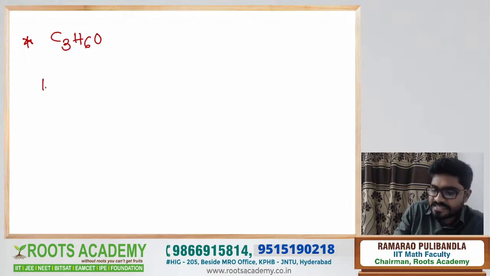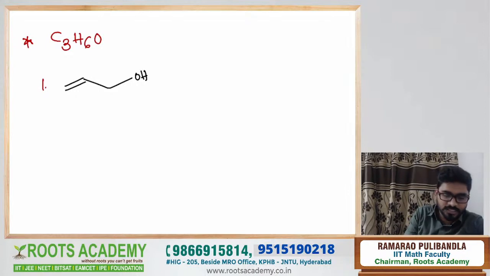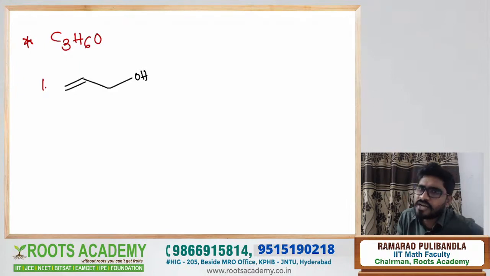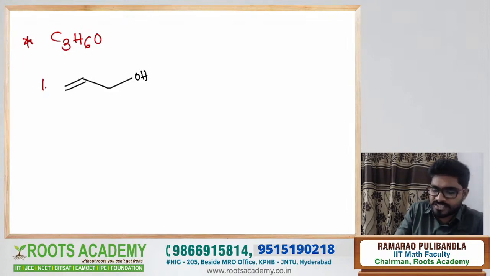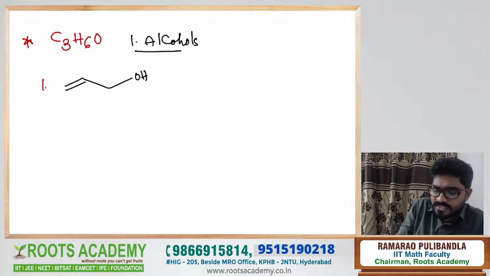First one, I can take like this, no? So I'm writing this kind of structure, guys. Please be aware of that. So first, O is there, no? Remember, this is the simple thing: one oxygen atom is always there. If the degree of unsaturation is 1 and one oxygen atom is there, it means we can always get the alcohols. So first of all, write all the alcohols. That is the first possibility.